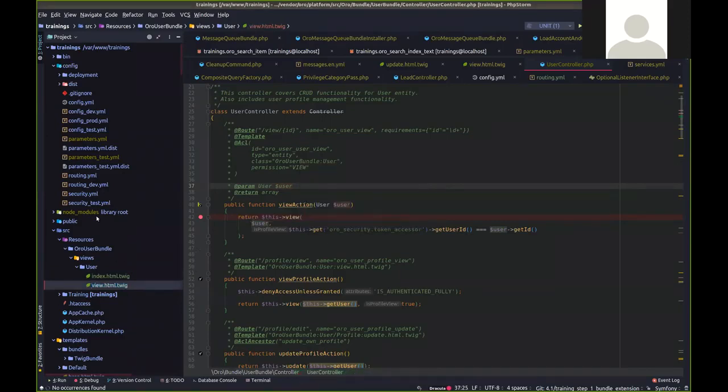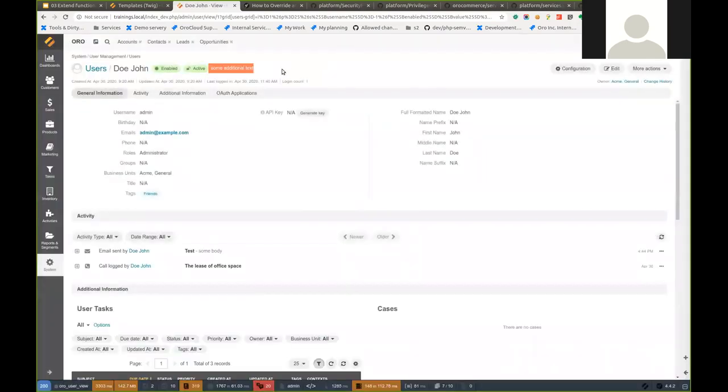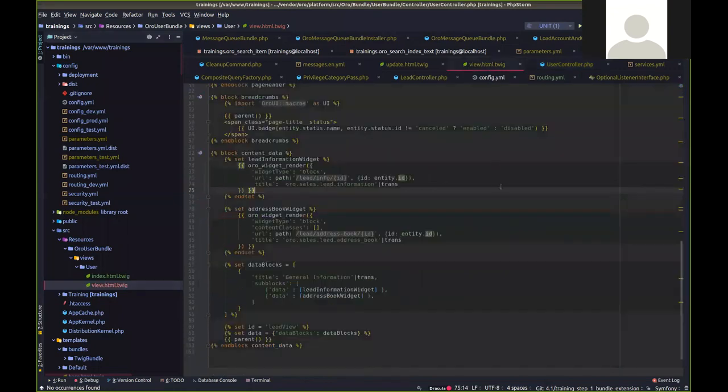So whenever we load a template and we use this notation, it will first check if there is this template in SRC resources. If it's not here, it will load one from the default path, which is Oro user bundle, resources, views, user, view html.twig. So right now it should load my template. Yeah, I've added just some additional text. And it would be awesome, but in previous versions of Symfony, we had some issues with it, with the circular reference. Okay, so to overwrite completely, I can go to the original template, copy